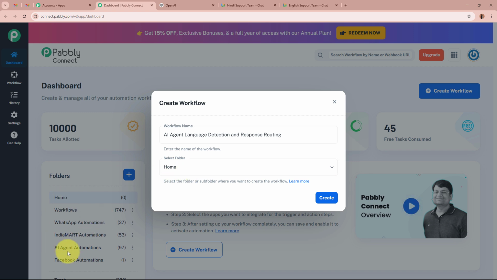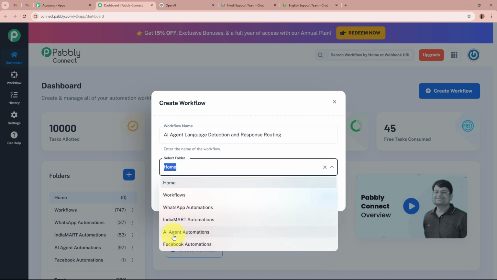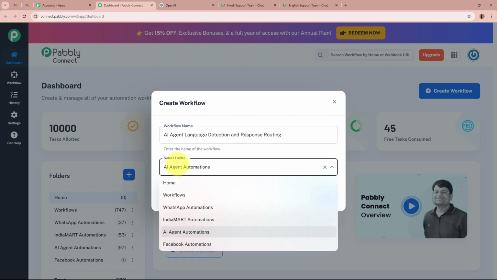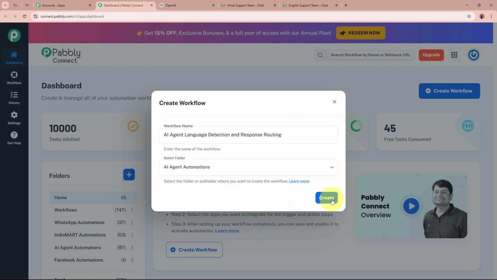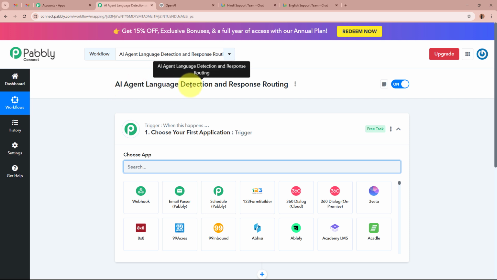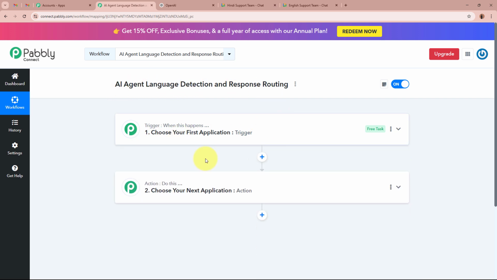And for the folder, from the left side of my panel, you can see I have created multiple folders in my Pabbly Connect account, from which I'm going to select a specific folder in which I want to save this workflow. For that, click on this drop down. These are the folders from which I'm going to select AI Agent Automations as the folder I want to save this workflow in. After giving the name to the workflow and selecting the folder, I'm going to click on this Create button in order to create a workflow. A workflow is created in the name of AI Agent Language Detection and Response Routing,